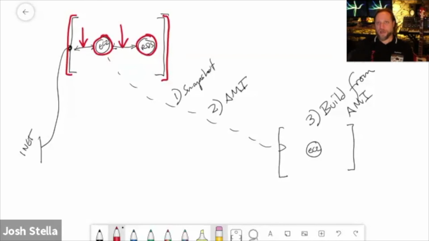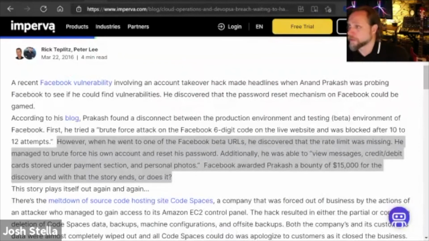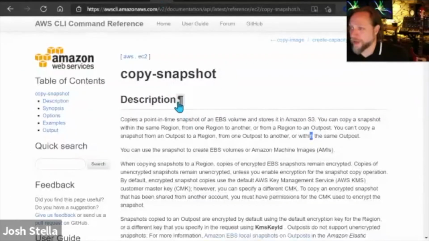They're API endpoint bound, right? When I executed that copy snapshot command I was showing a second ago, that's an internet API that Amazon is hosting.